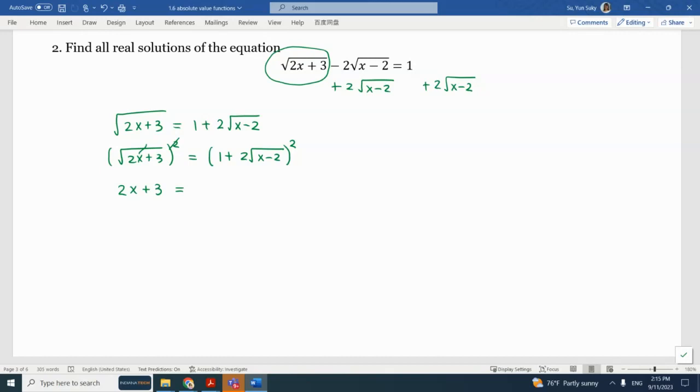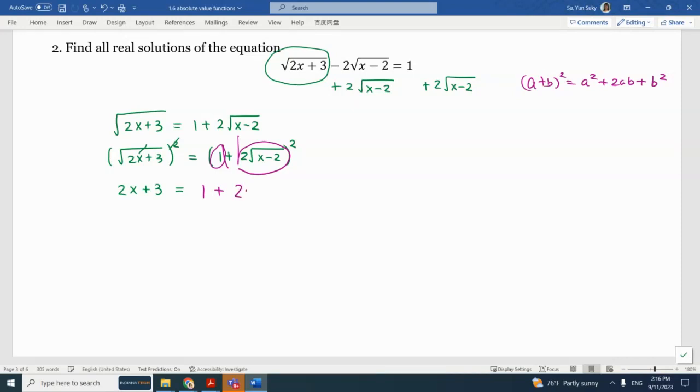Okay. And on the right hand side, do you see something plus something, completed square? What's the formula? A squared plus 2ab plus b squared. So by comparing to that formula, your a is 1 and your b is this whole thing, 2 square root of x minus 2. Something plus something squared. That equals a squared. What is a squared? 1